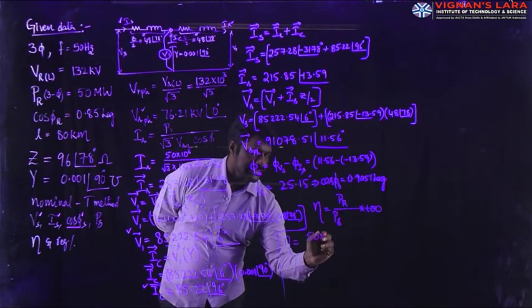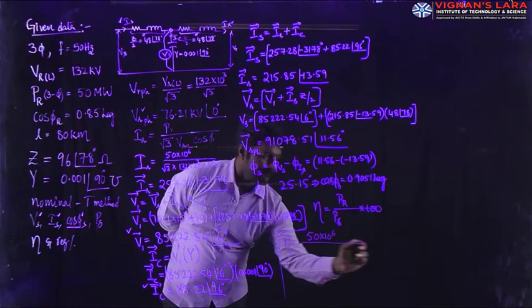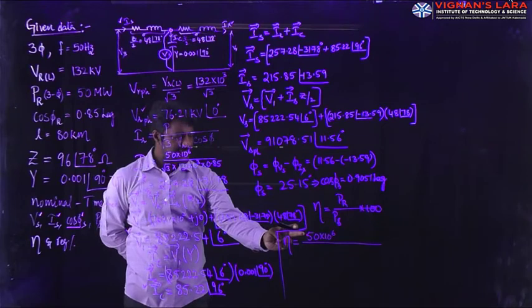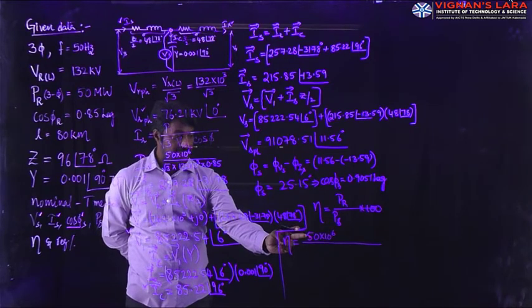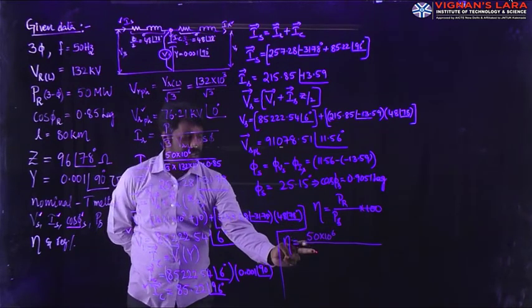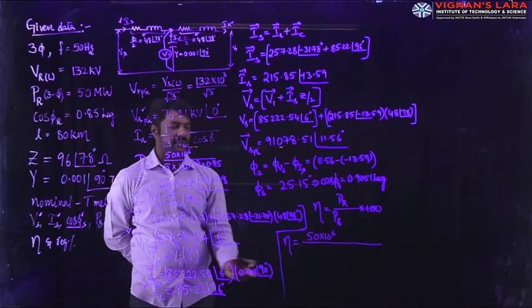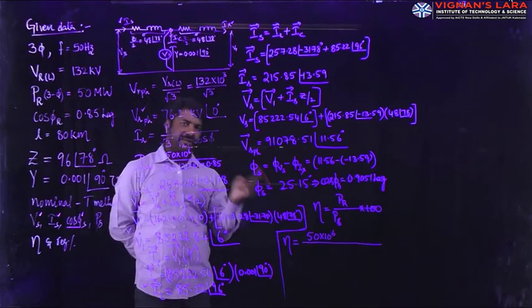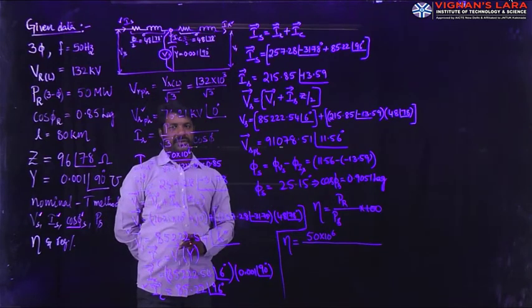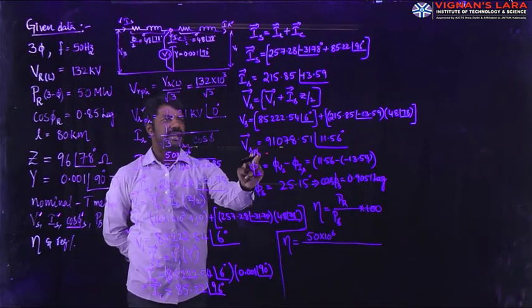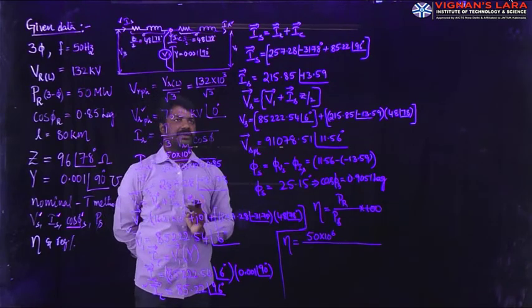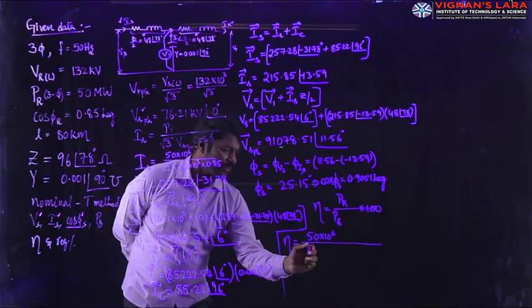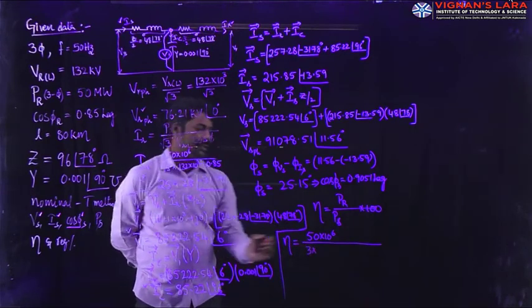50 into 10 power 6, divided by the power on the sending end side. Since the numerator is defined for 3-phase power, the denominator should also be defined for a 3-phase value. For 3-phase power, we know there are two formulas, either in line values or in phase values. Right now I have phase values. That is why I am writing the 3-phase power in phase values as 3 V phase on the sending end side,